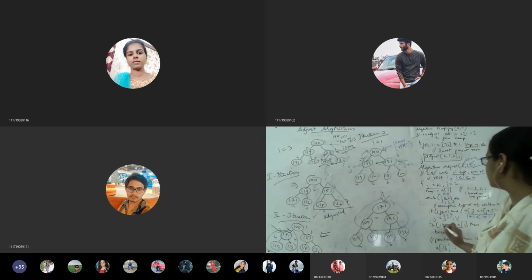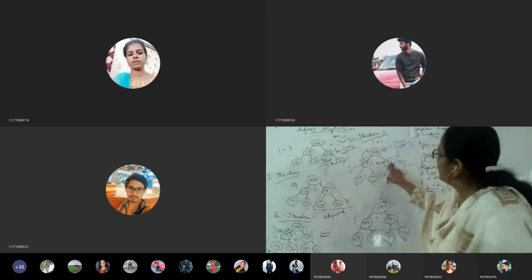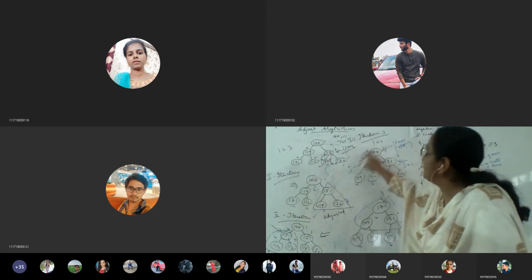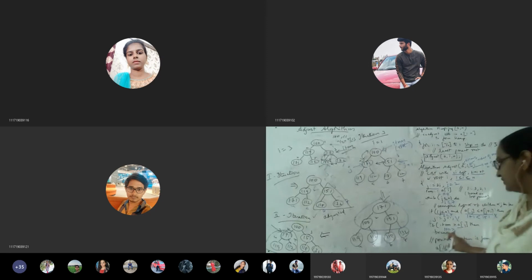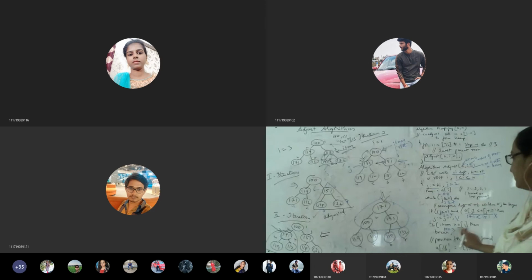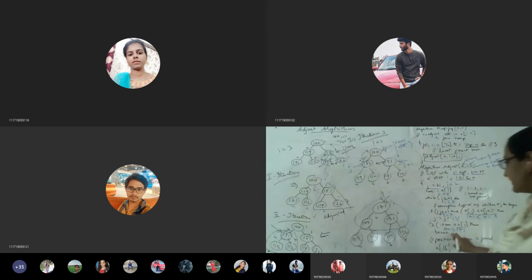Item greater than or equal to A of j. What is our item now? 100. So here what exactly we are doing? Among the children, whichever is greater, that greater we are maintaining. And with that greater value we compare the item. So 100 is compared with the greater child, A of j, that is 171. Is 100 greater than or equal to 171? False. So that also won't be iterated.